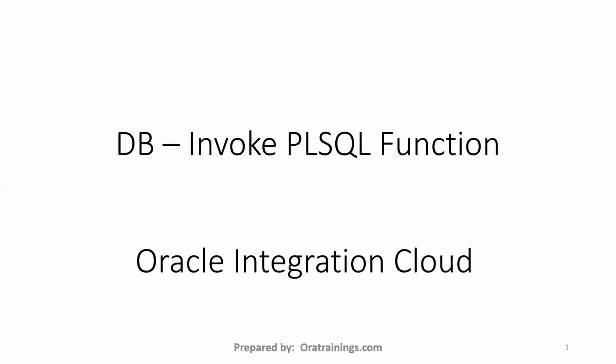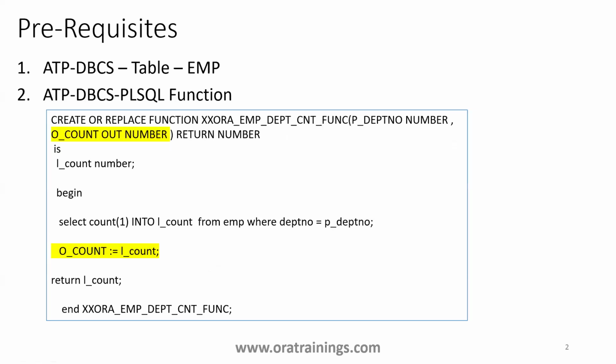In this session, we'll discuss how to invoke a PL/SQL function from OIC. Let's see the content. The prerequisite for this is that we'll be using a table called EMP, and the database PL/SQL function name you can observe here is xxora_emp_department_count_function. We have one input parameter, one output parameter, as well as a return